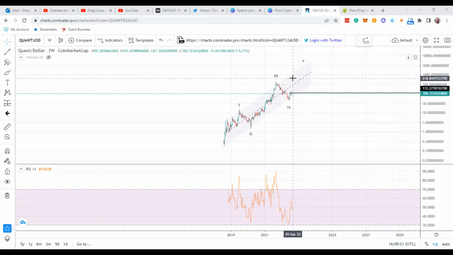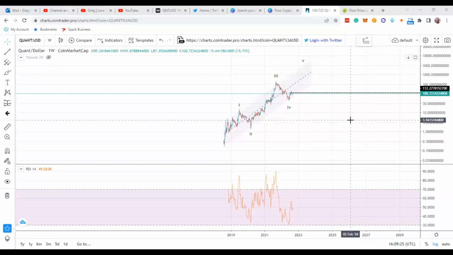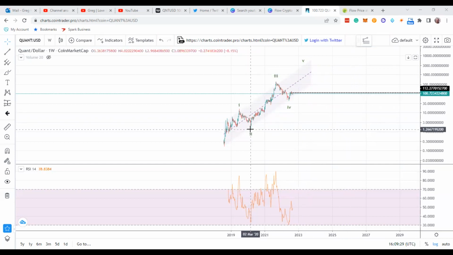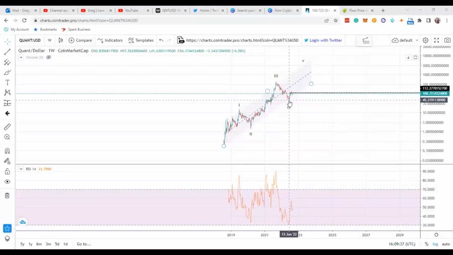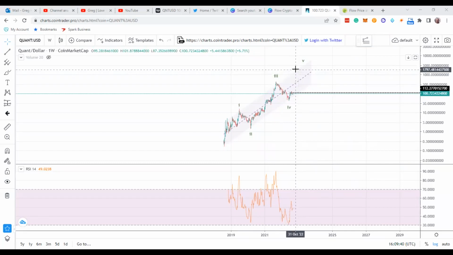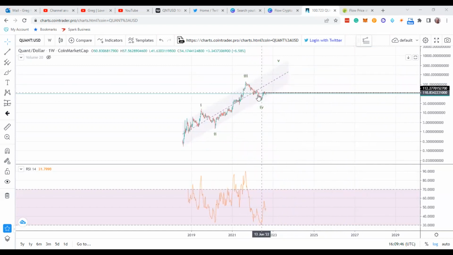So I have $800 area, $800 area. Can it come up to the $2,000 area? Yes, it could. It could easily do that because you can see from wave 2 to wave 3 went from $1.26 all the way up to $438. So go from $42 up to say 2,000. Is it unrealistic? Probably not. Not for a cryptocurrency. So actually, everything that it's doing looks really, really good.